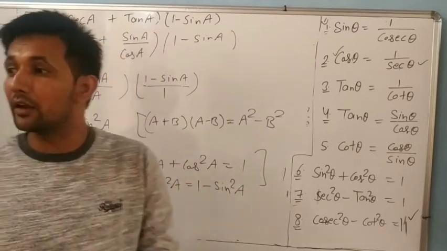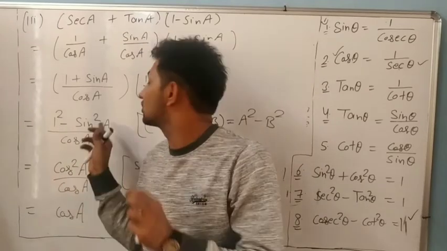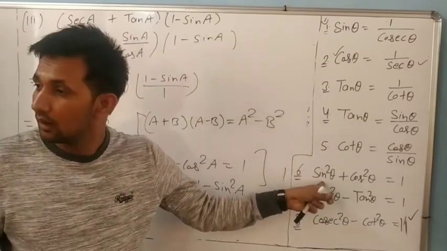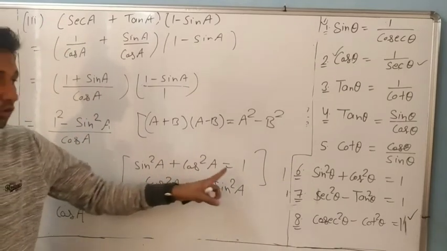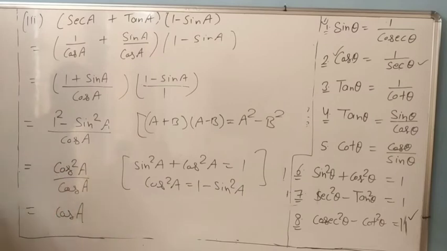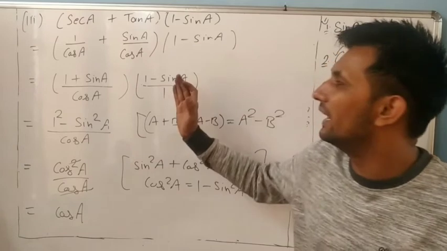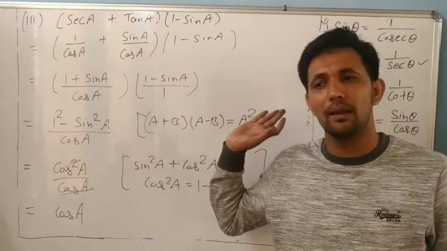Dear, you have to think. Here is sin square A. What is the formula in which sin square appears? So sin square A plus cos square is 1. So 1 minus sin square always is equal to cos square A. Cos square A means cos A into cos A. One cos A cancels. So what is remaining? Cos A is your answer. Nothing else you have to do. Only we have to change everything into sin and cos. Please do it yourself.